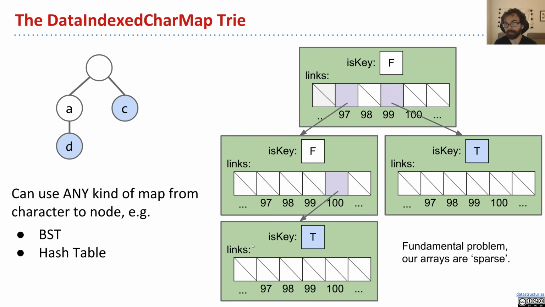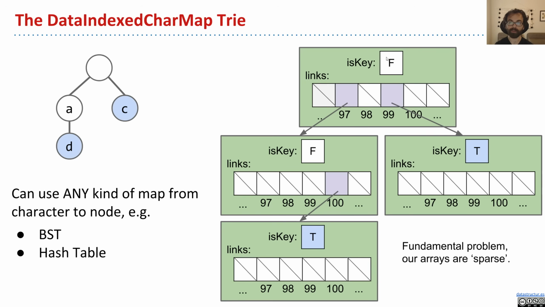So an alternate picture of this is as follows. Here is a hypothetical abstract trie. We have a root, two children A and C, and A has a child D. And this set corresponds to the keys add and the key C. So in terms of the actual memory boxes needed to keep track of this very simple tree on the left,